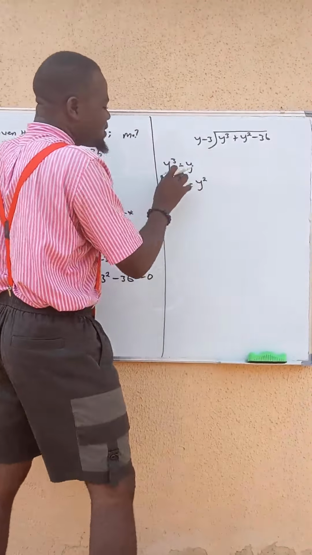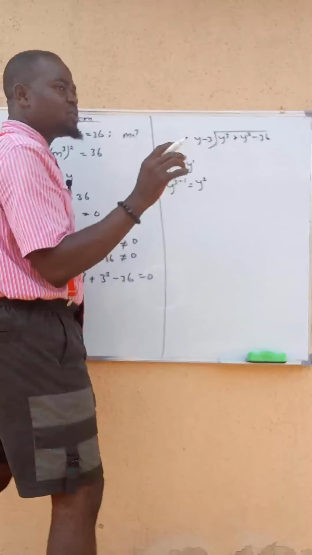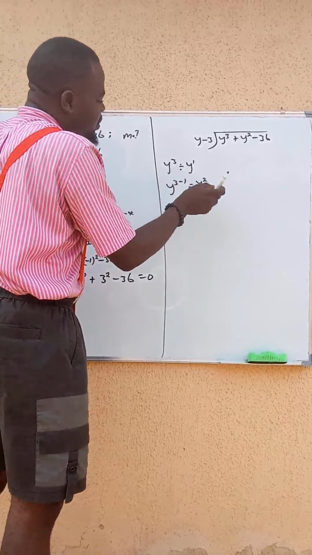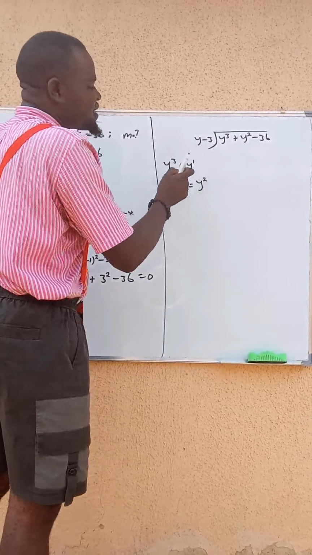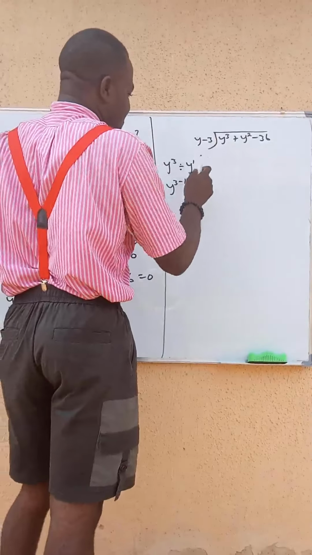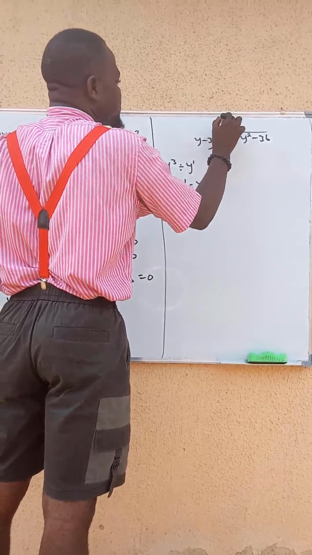Since it's division, they have this raised to the power of 1. I told them anything standing on its own is to the power of 1. So, the division law says that you subtract the powers since they have the same base. That is what I did to get y raised to the power of 2. I put my y raised to the power of 2